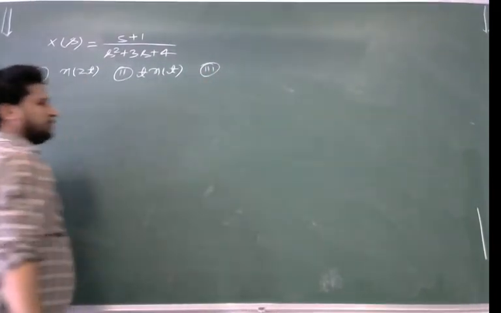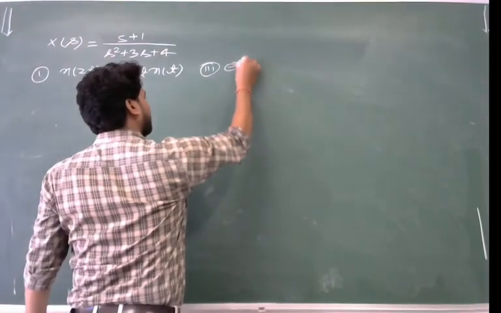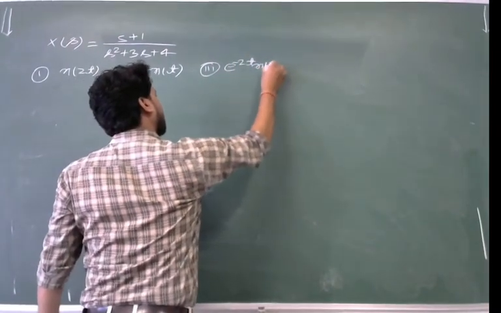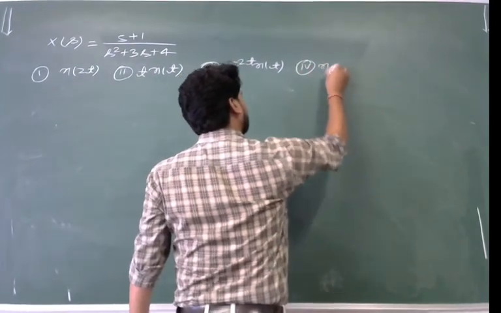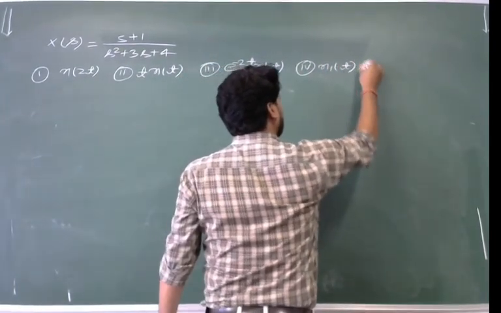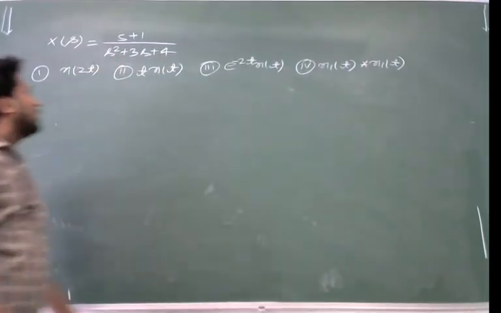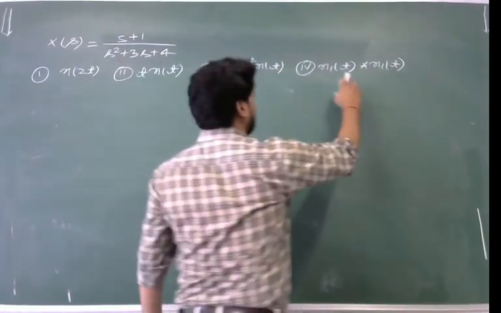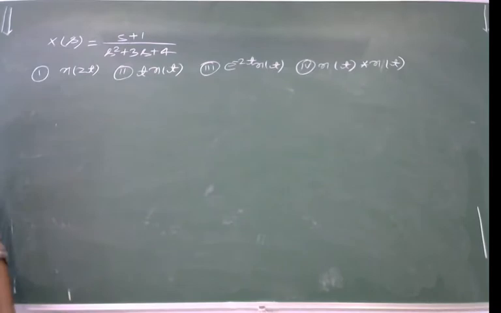third. The third question is we have to get the Laplace transform of e power minus 2t x(t), and the fourth one is x(t) convolution with x(t). This is what we have to get by using the